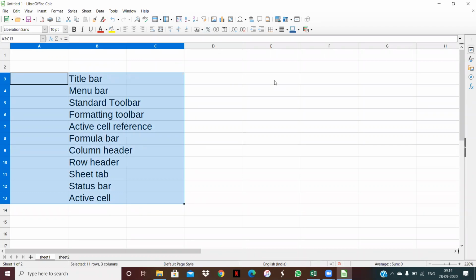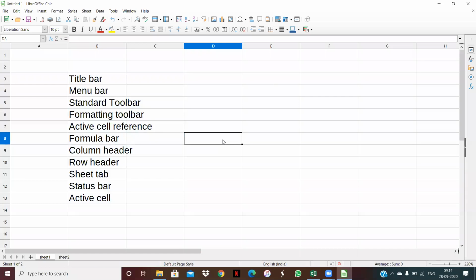And in session number 1, nothing new is there. There are only components, and only one more new point is here. Yes, my dear students. In LibreOffice Calc, by default, how many sheets are there? Only one. But if we want to add more sheets, then we just click on this plus symbol, and after that we are able to add a new sheet.